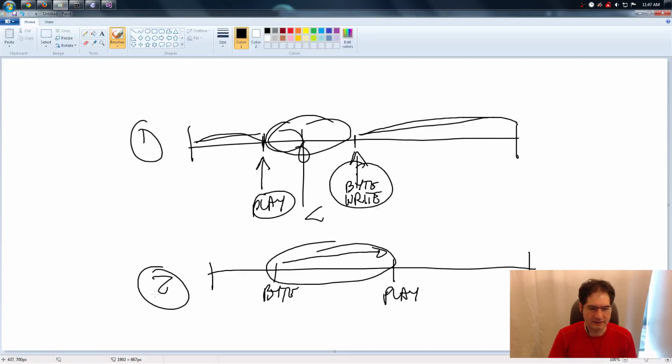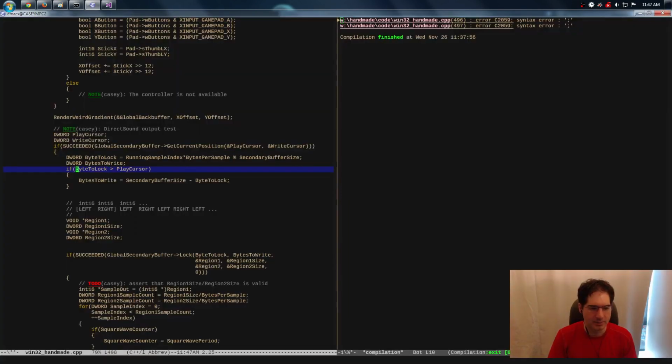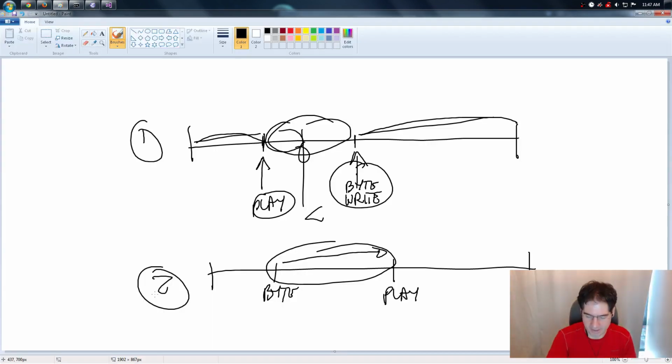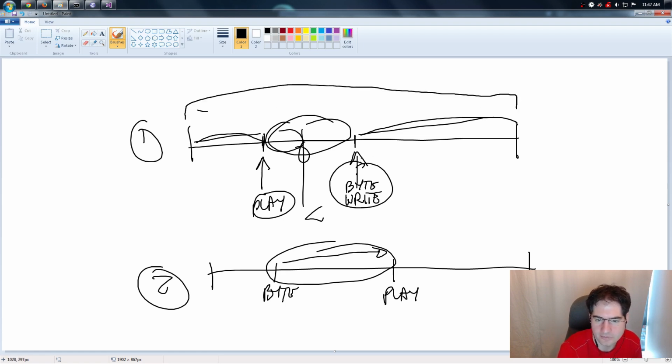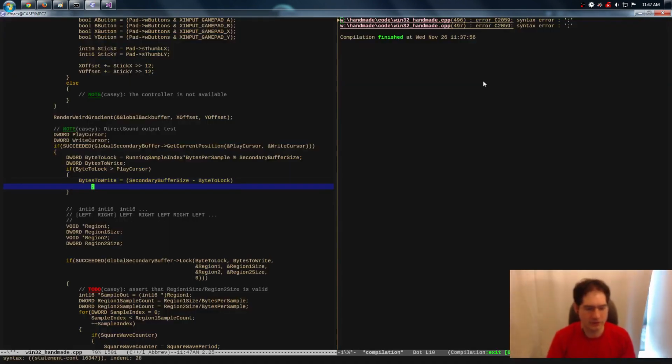So basically, this is the case. This is case 1 at the top, when byte to lock is above the play cursor. Basically, what we need to do is take the secondary buffer size, so the total buffer size, which is this whole thing here. We're taking that total buffer size and subtracting this value from it, so that we're just producing that number right there, right? And then we also need to add